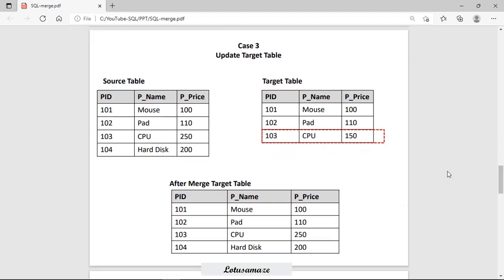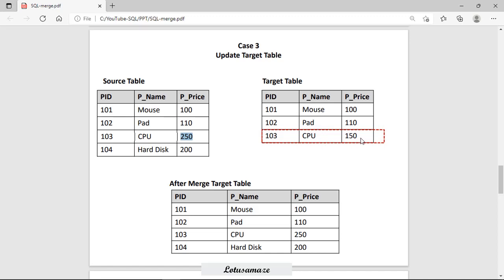Then case number 3, update. If there is a change in the source table and that change is not reflected in the target table, then we can use the merge statement for updating the data from the source table into the target table. If you observe 103 CPU, the price is 250, but in the target table it is still 150.